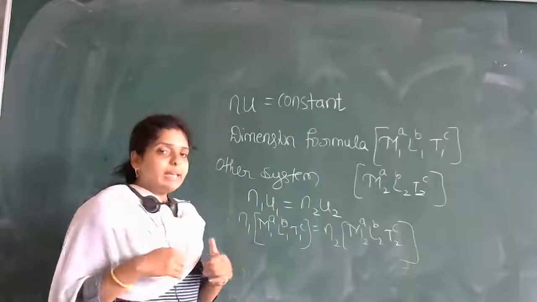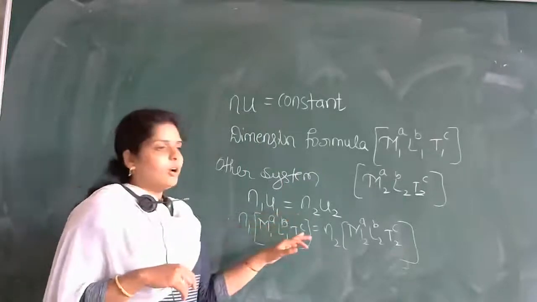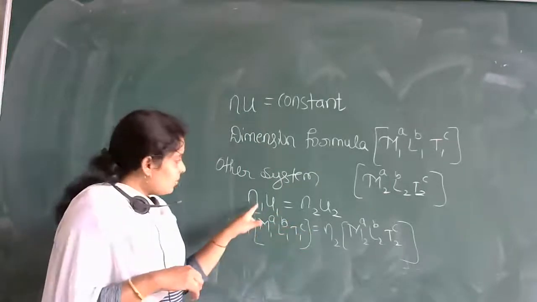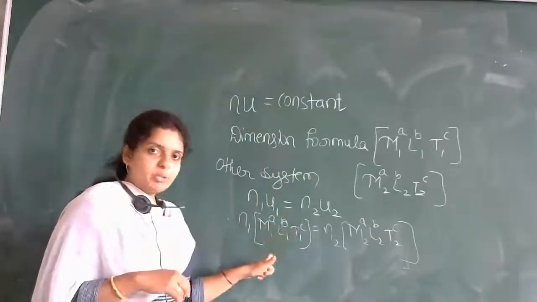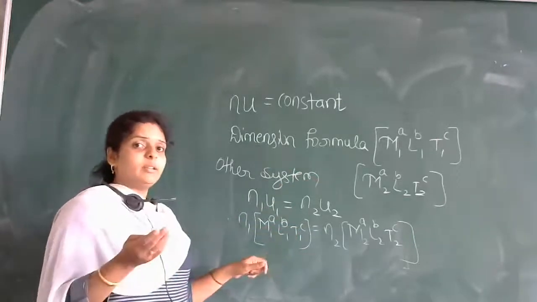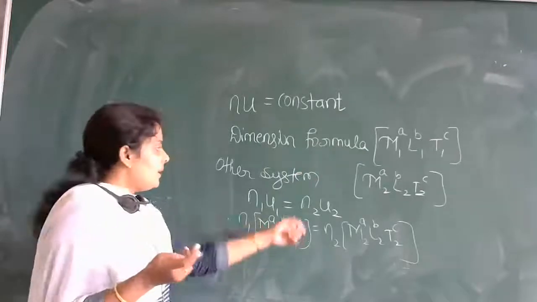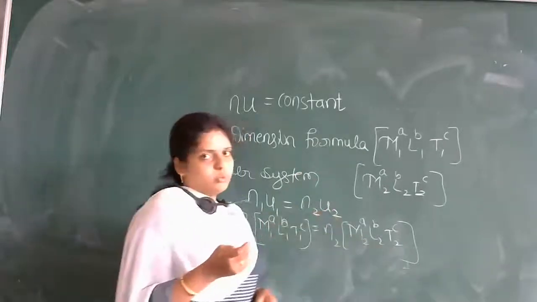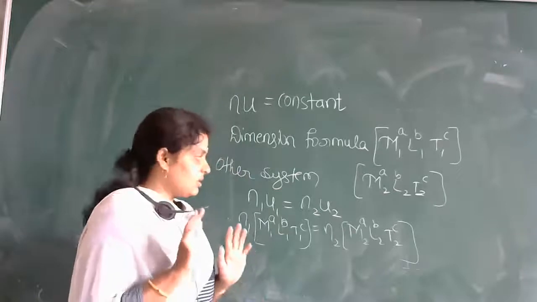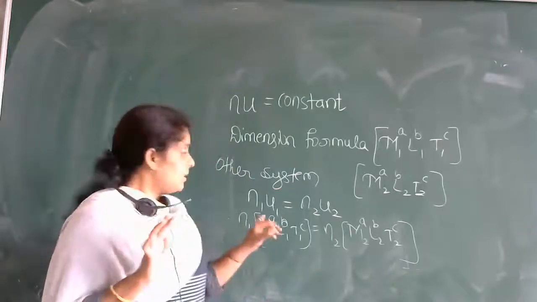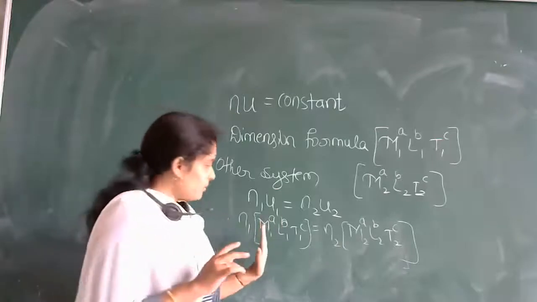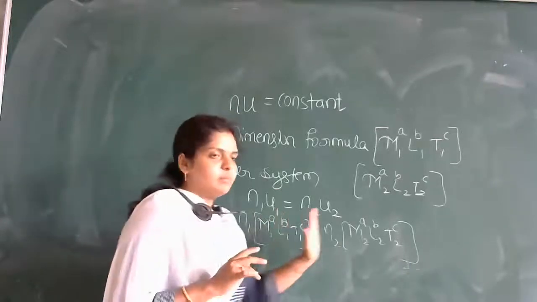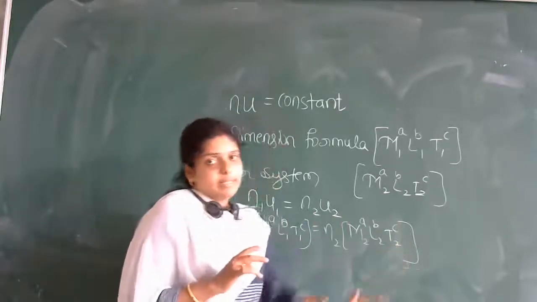So we can write it as N1 U1 is equal to what? N2 U2. So N1 is a number, keep it as it is. U1, I am writing dimension formula because unit you can calculate by using dimension formula. Next, N2. So here U2 value. Next, simplification. Simplification क्या करना है हमें? N1 is equal to, equation को simplify करना है. That's it. Means if I simplify, this entire term will go to the denominator, right?